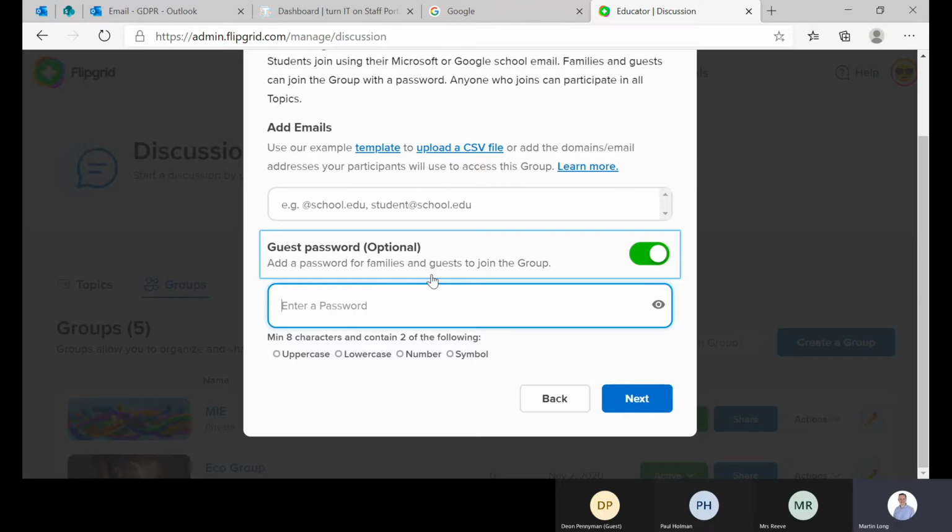And if you're using this with families, I said that some schools that I have are using this with pupils and also the parents, and I've also sometimes seen parents coming into a Flipgrid to share ideas about a change in school. It's a good way for you to also get parental voice captured. You can have your password down here, and you've got to have something that's got uppercase, lowercase, number and symbol, so it's GDPR compliant. But when you've got your password, it's there.